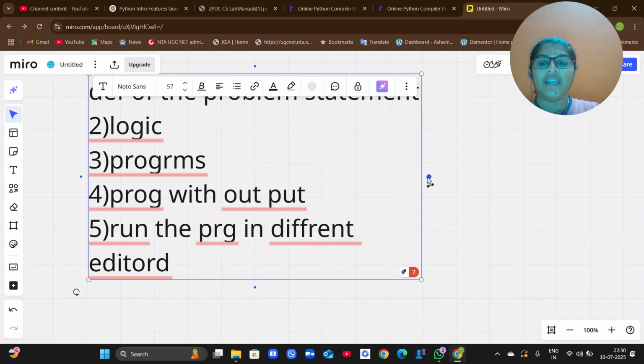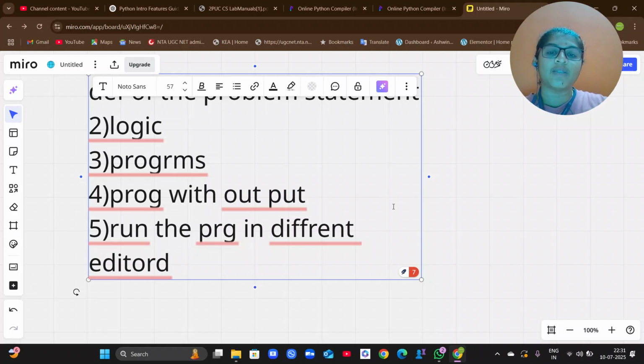Firstly, let me explain the first program. I hope that whatever I have told you until here is understood, what I'm going to do in my programming series. For the next 10, 15, however many programs you have, I'm going to release that many videos. In all the videos, I'm first going to explain the definition of the problem statement.